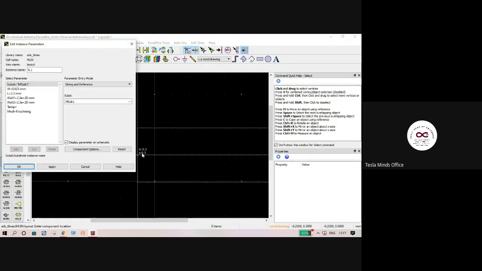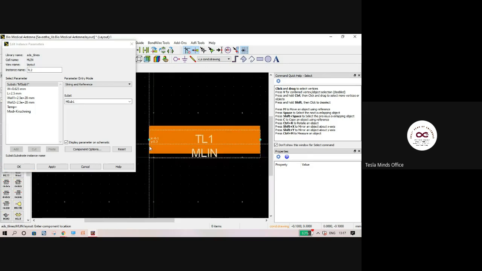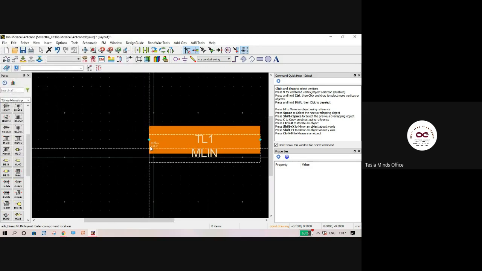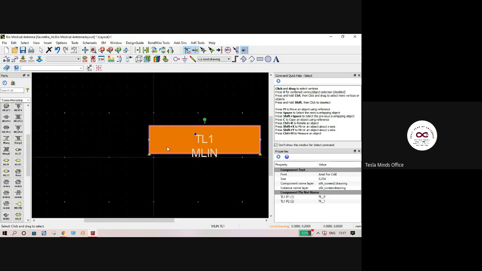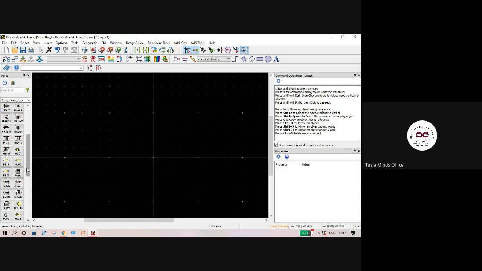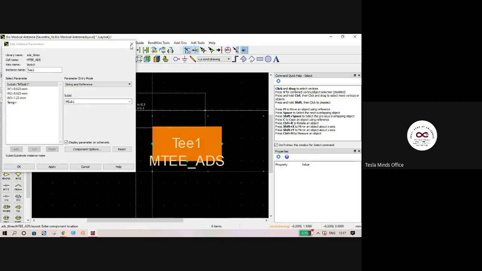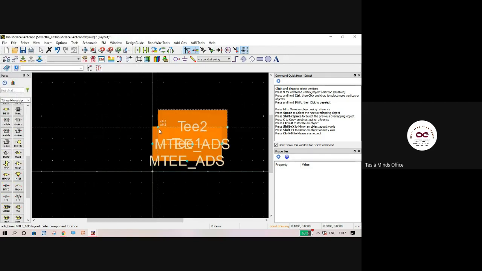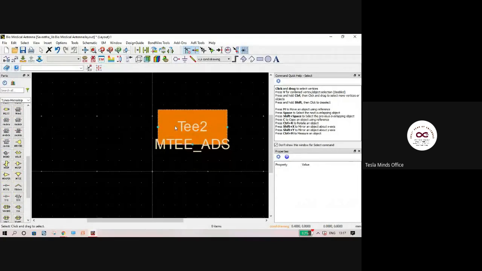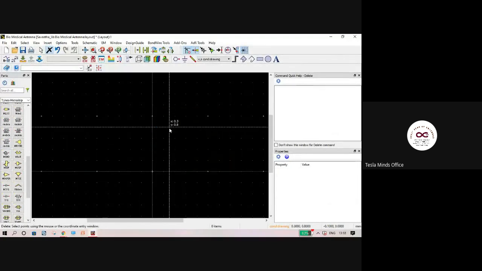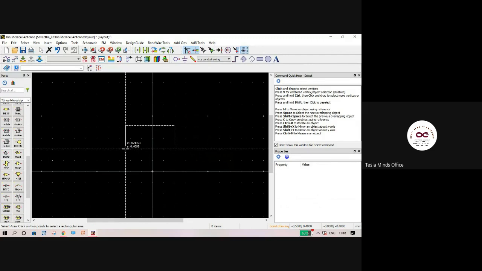Then you have normal transmission lines, simple rectangular transmission lines, right? Then you have T junctions or junctions for your design. So these are all general PCB design components available for us here.